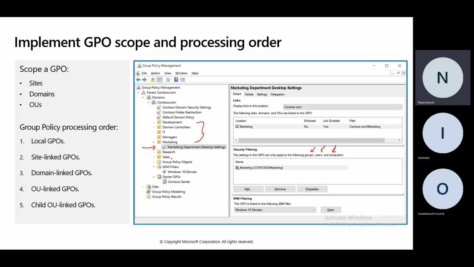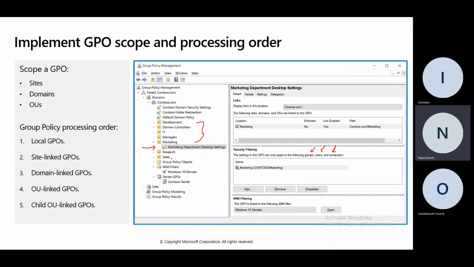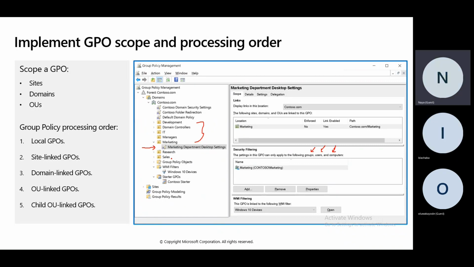Domain controllers, are they examples of organizational units too? They are examples of organizational units. It means that these particular machines, the computers inside them, are acting as domain controllers because you have promoted them to be a domain controller. You understand? So if a machine has not been promoted to be a domain controller, other computers cannot join to it. Okay. Do you understand? Yes, sir.